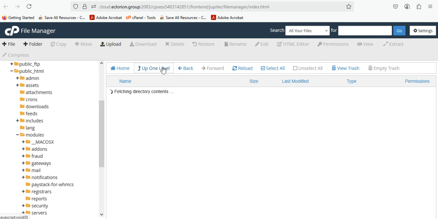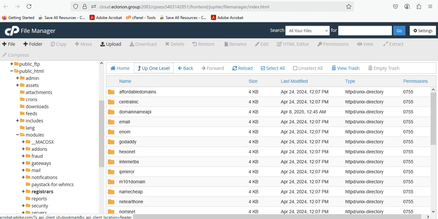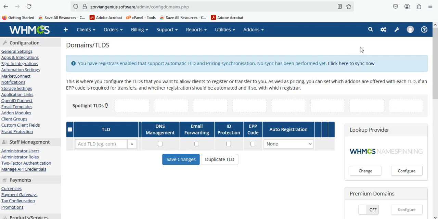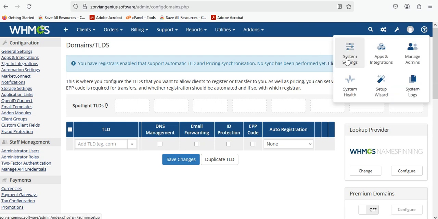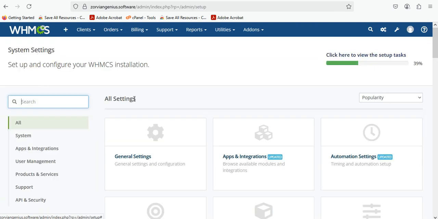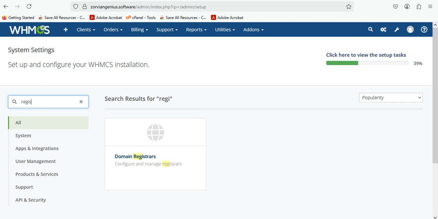Once that is done, you can now check on your WHMCS. To see it now, you go to system settings. From system settings, you type registrar.